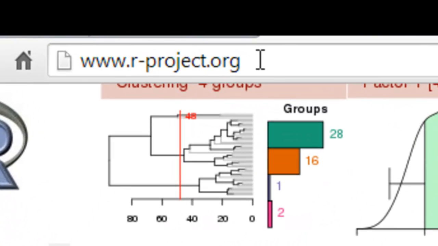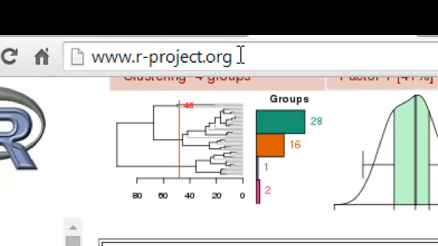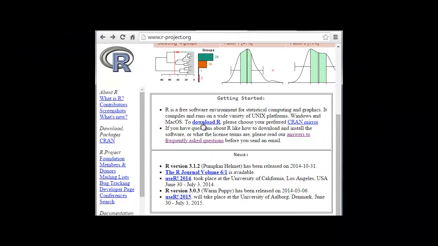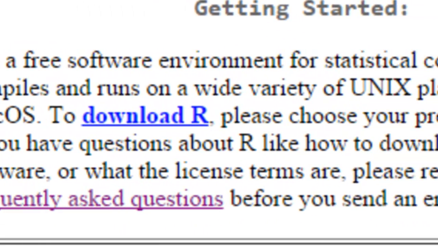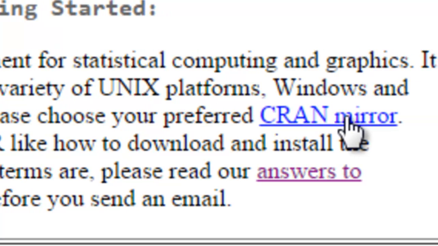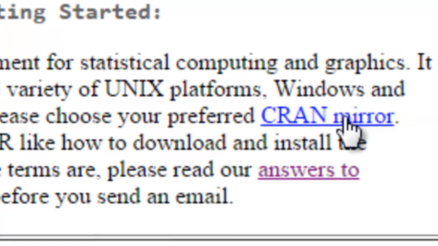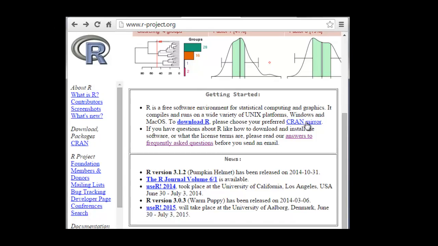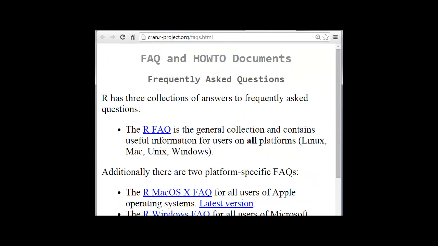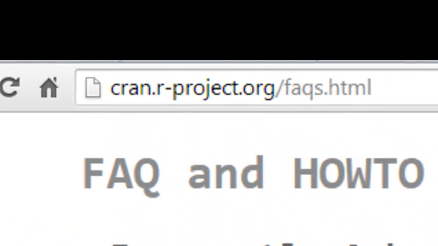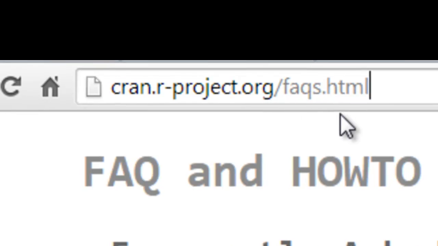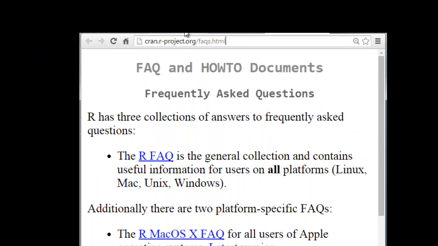Now, another method is that you can go to the r-project.org link also. There you will get an option, download R. Click on it and download it, and set the CRAN mirror from here also, or you can set it after installing it. If you have any further questions, you can go to the link cran.r-project.org FAQs.